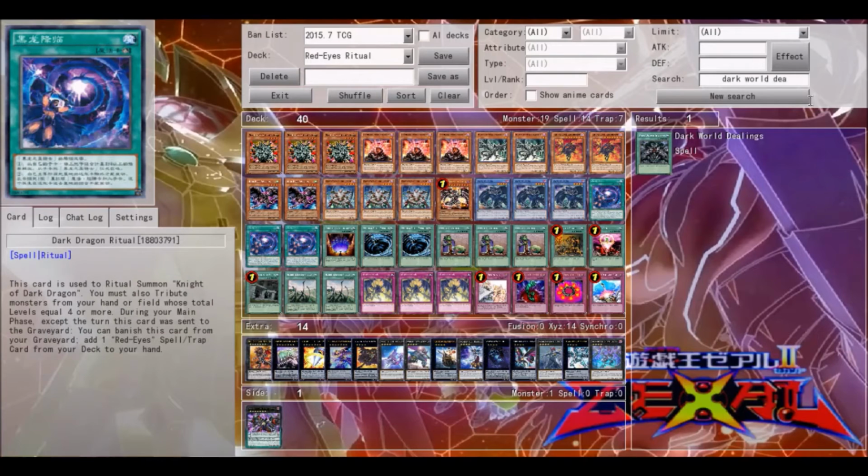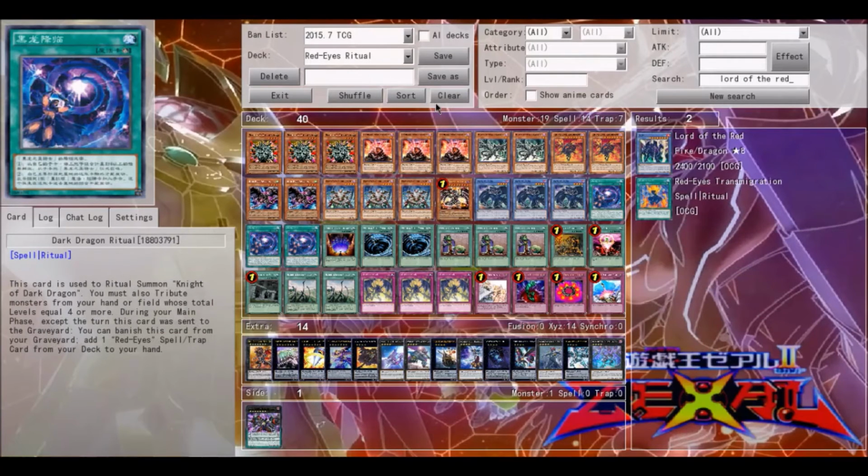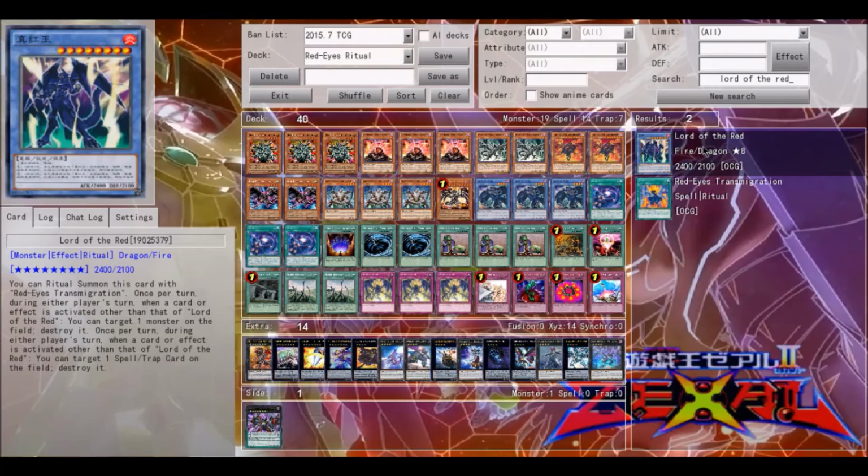Master Blades. This is a very interesting card if you want to play Lord of the Red. I was playing Lord of the Red for a little while. Lord of the Red is a very good card with the exception of the fact that it is 2400 attack. It is very weak for a level 8 monster. Its effect makes up for it in a different way than you typically would, but the main problem with this card is that it is very, very easy for it to get run over. As long as you don't activate anything,